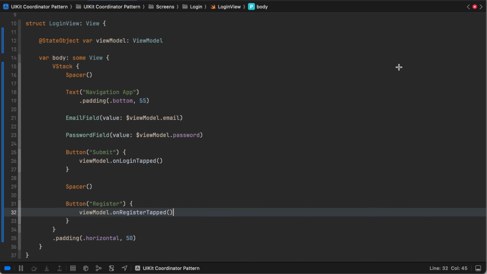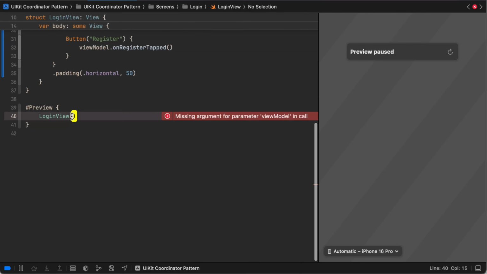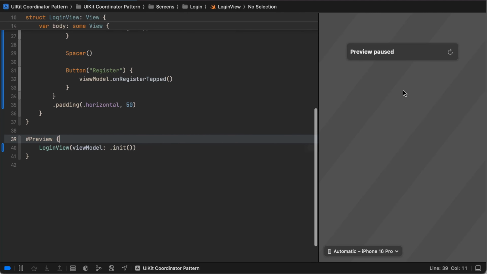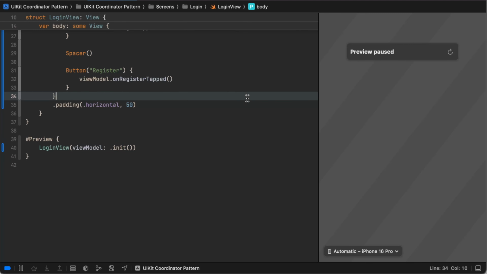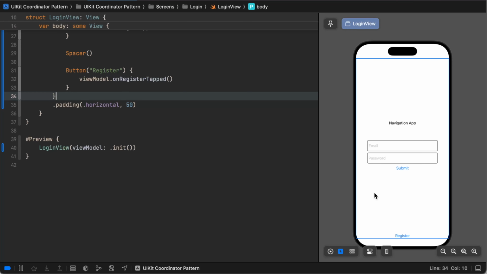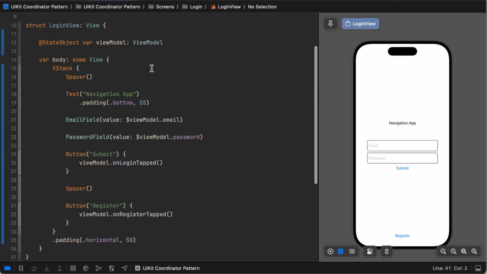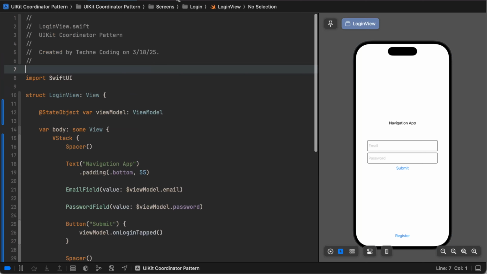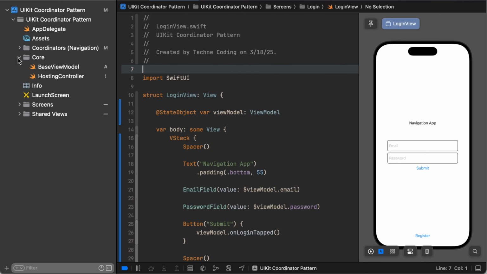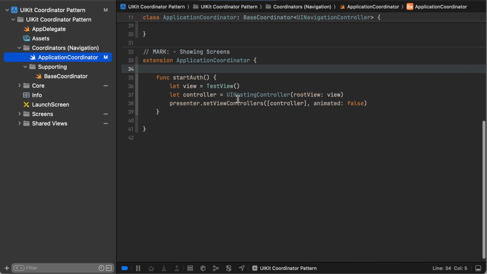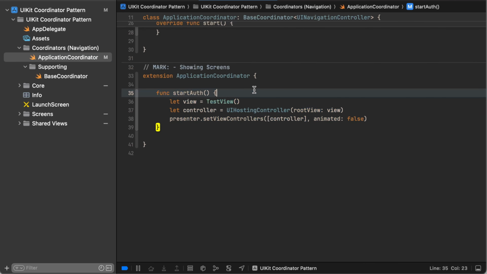We should be able to see some preview here after viewModel.init. We should be able to build this and then see a preview of this. Cool. So it's back to where we were. So now that we have that, let's go back into our application coordinator. So the start auth right here, we need to,